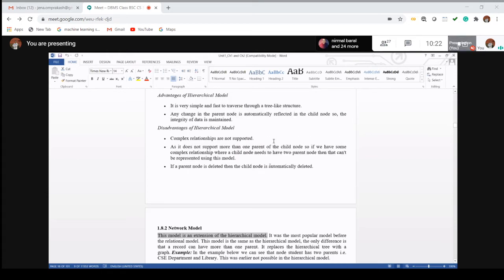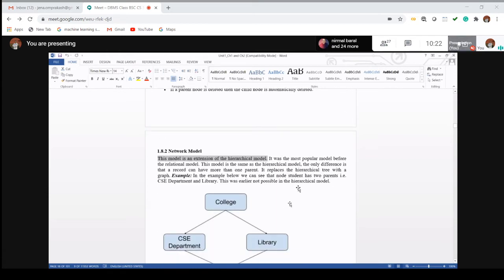But in the case of the network model, there may be multiple parents. So this is the basic difference, you can remember that point. The child can have more than one parent.